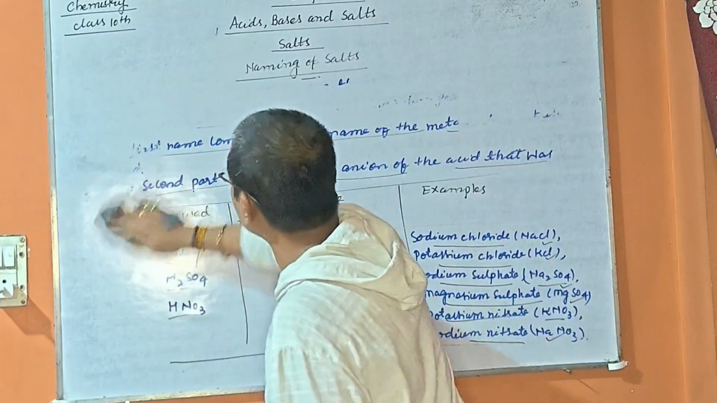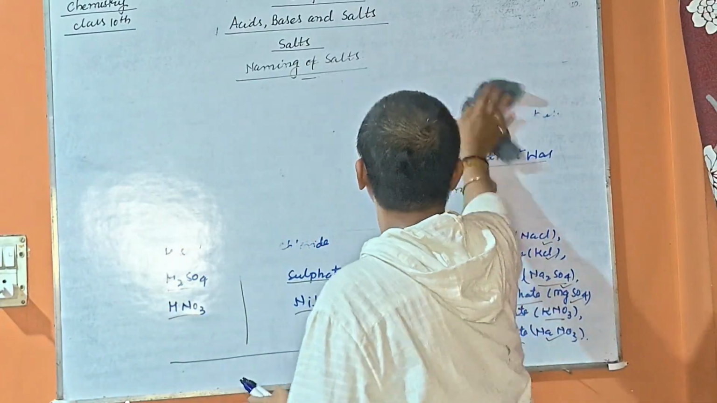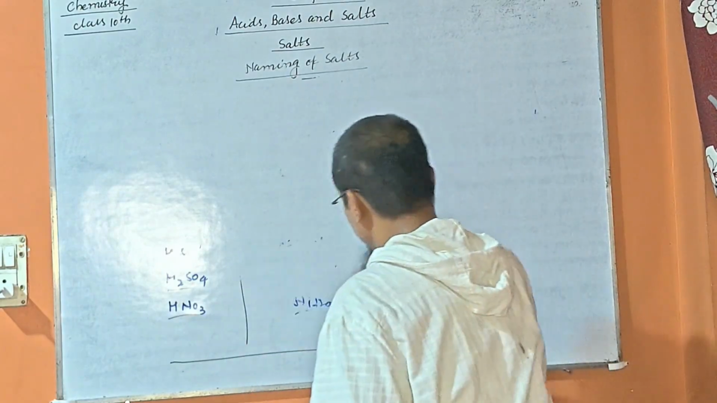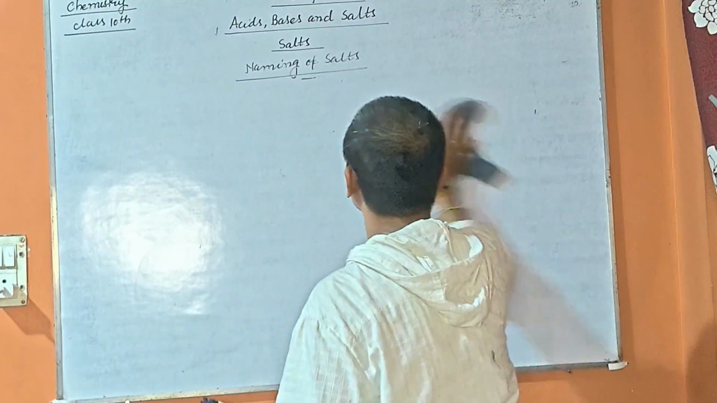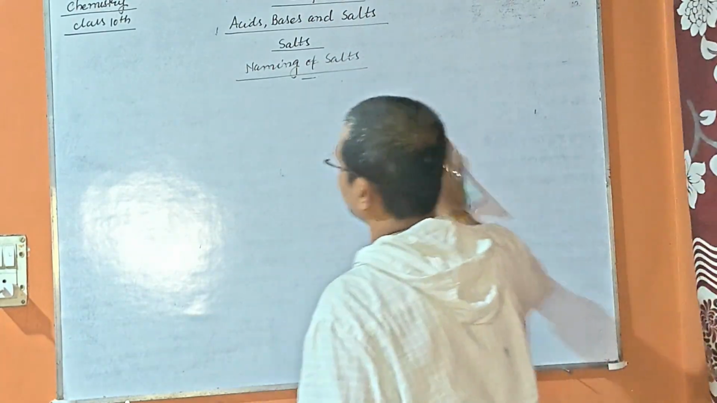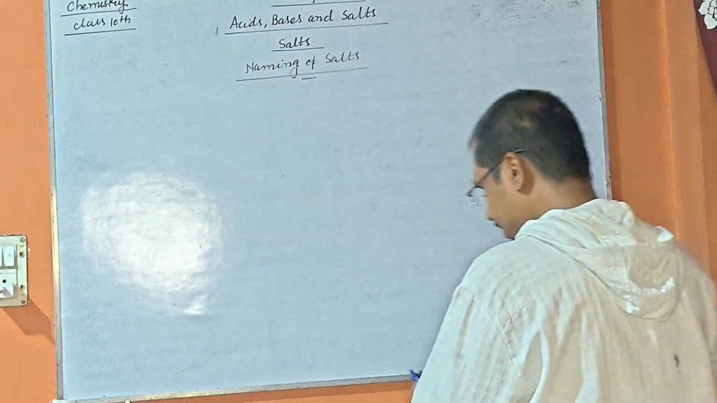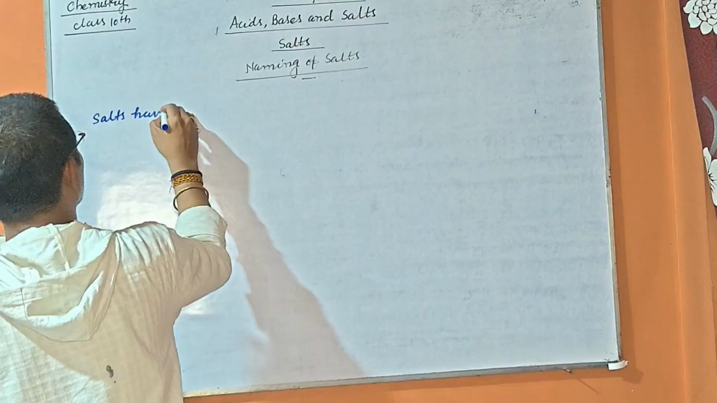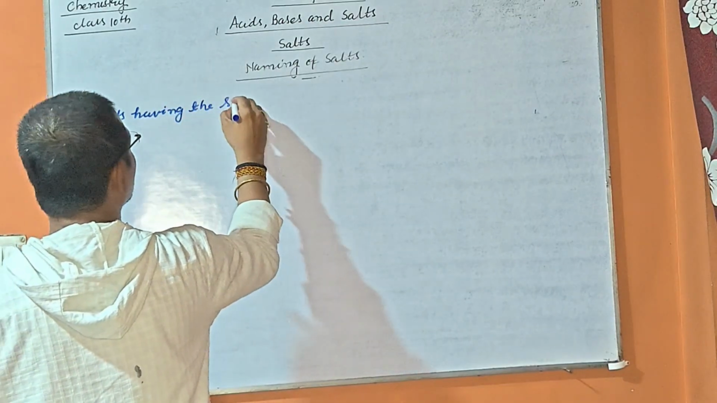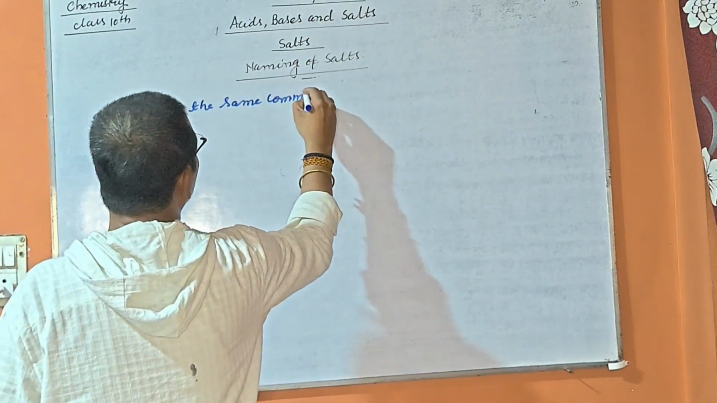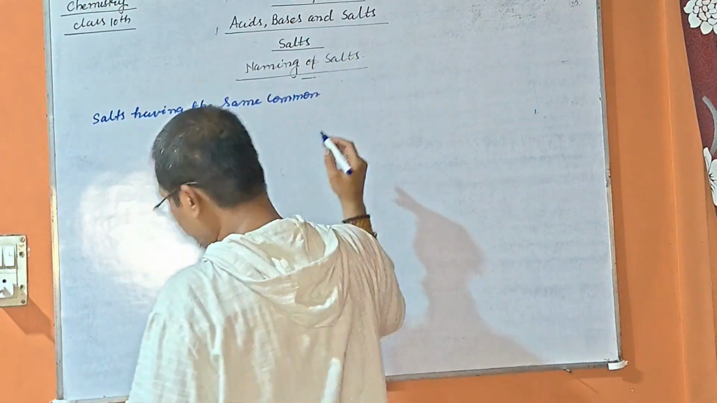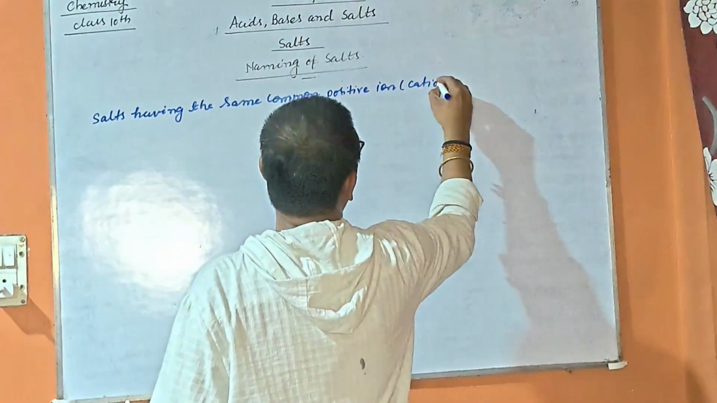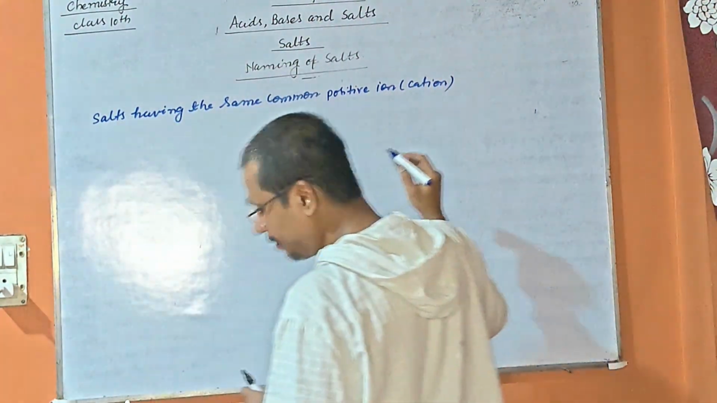So the naming of salt uses a simple method, using the name of the cation and the name of the anion. This is very easy and understandable. Now one more explanation: salts having the same common positive ion, that is cation, or negative ion, that is anion,